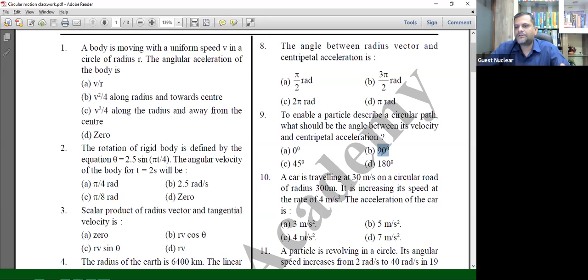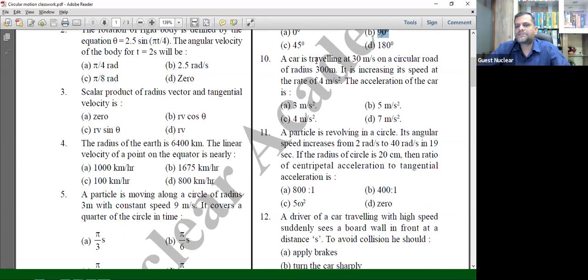Okay. Then again, we'll see the car is traveling at 30 meter per second on a circular road of radius 300 meter. It is increasing its speed at 4 meter per second squared. Then the acceleration of the car is. ओके तो यहाँ पे एक्चुअली ये क्वेश्चन जो है वो तुमको नेक्स्ट ईयर सॉल्व करने के लिए बेटर होगा, क्योंकि उसके अंदर एक टेंजेंशियल एक्सेलरेशन का एक कंसेप्ट आता है जो कि हमने अभी तक नहीं डिस्कस किया है. तो चलो ठीक है, अभी फिलहाल हम इसको ऐसे ही सॉल्व कर देंगे कि जो सेंटीमीटर एक्सेलरेशन पूछा है करके